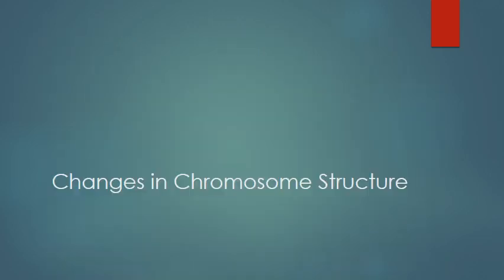Now we move our discussion to changes in chromosome structure. With an understanding that chromosomes come in a variety of shapes and sizes, let's consider how the structure of a normal chromosome can be modified. In some cases, the total amount of genetic material within a single chromosome can be increased or decreased significantly. Alternatively, the genetic material in one or more chromosomes may be rearranged without affecting the total material. So, what are the changes in the chromosome?